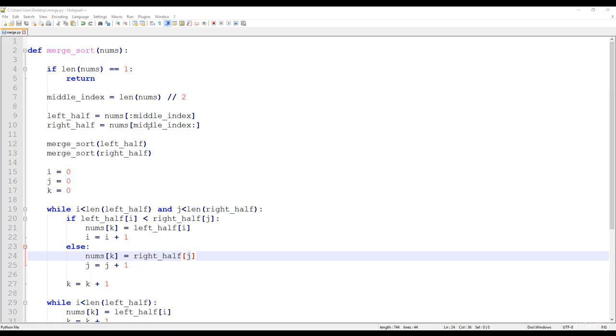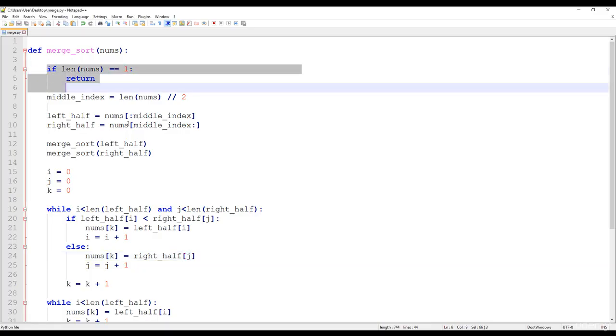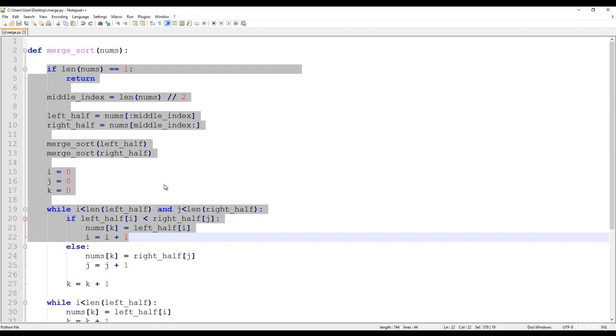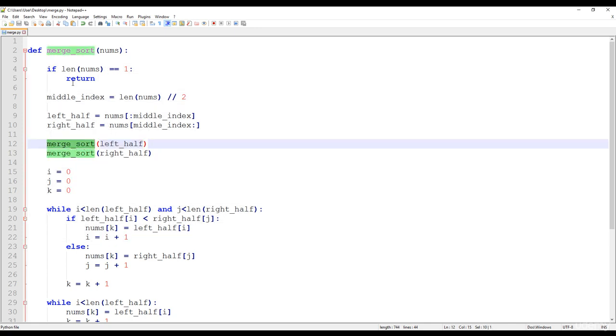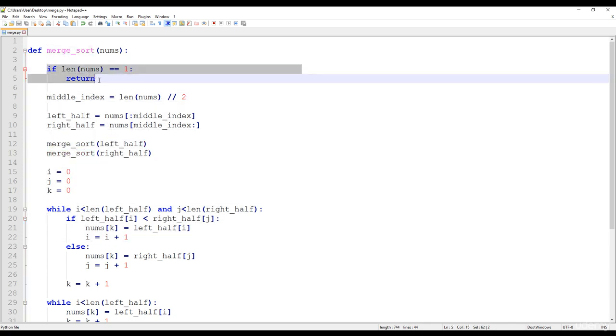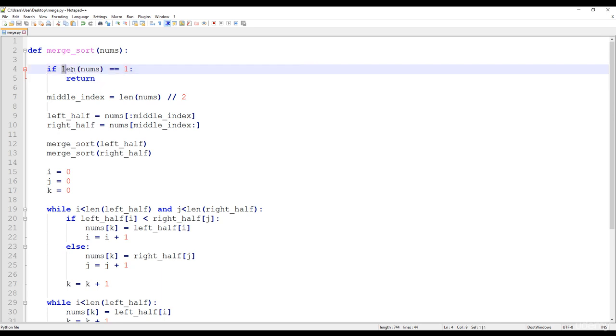Hi, in this lecture we are going to talk about the concrete implementation of the merge sort, so let's get started. Basically, we have been talking in the theoretical section about how this is a divide and conquer algorithm, which means that there are going to be recursive method calls, and that's why we have to define the base case first. This is what we have been discussing as well, that we keep splitting the array into smaller and smaller